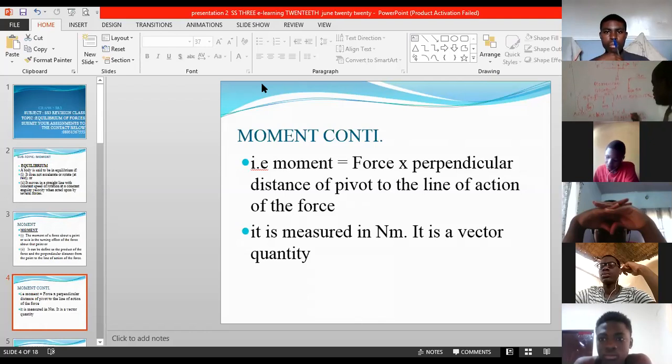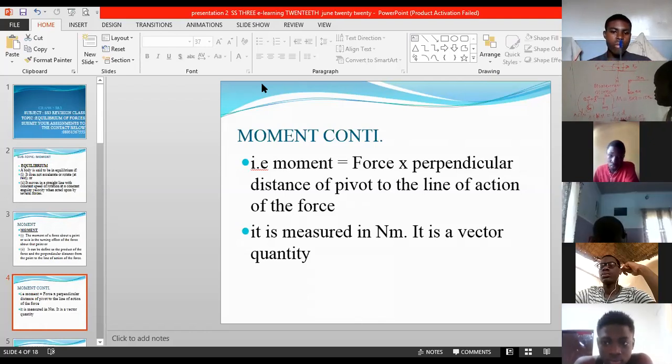So when you solve, this 0 will go with this 0. 5 divided by 10 is 0.5. Then 4 divided by 10 is 0.4. Then you multiply 0.4 with 0.5. Then the answer will be in Newton meter. The answer will be what? Newton meter. That is how we calculate the moment of a force.